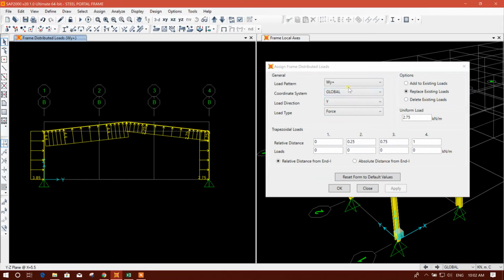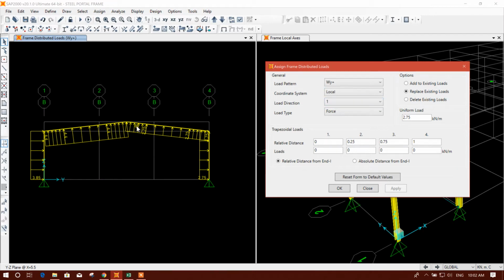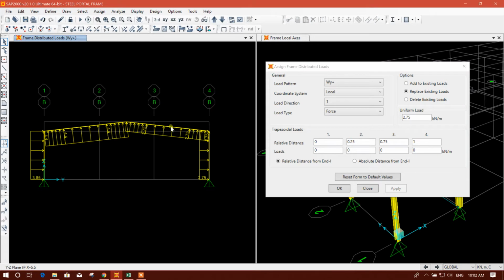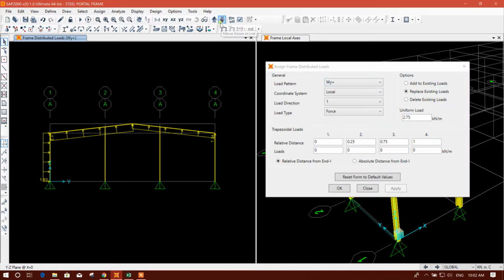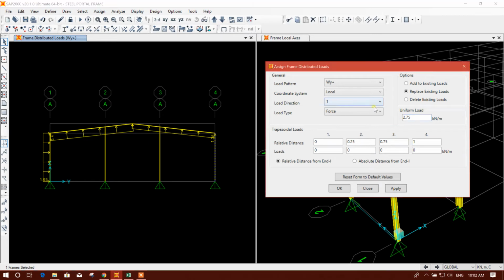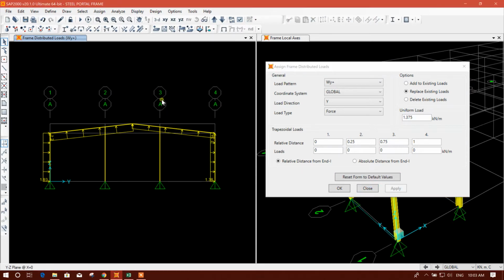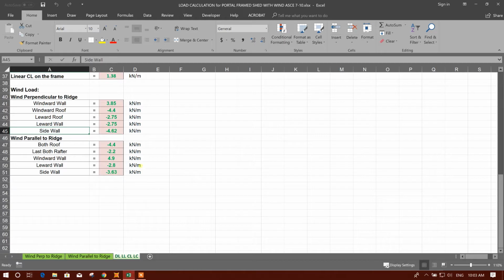Okay, local means the frame axis. Along two axes it is acting, so it is going upward along the inclined Z axis. Okay, now 2.75, this frame will work as global Y, divided by 2. Now for side wall,